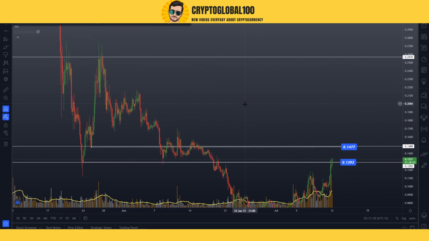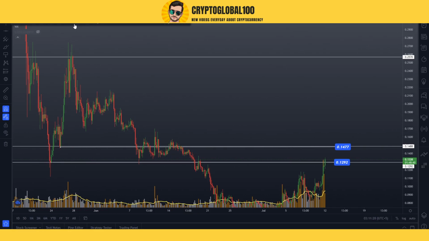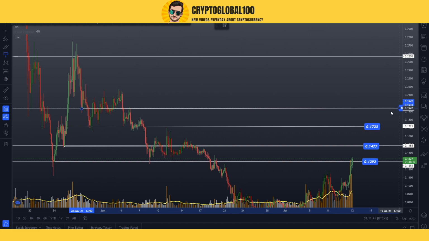If I continue, we have this swing low, then moving on, we have this as a swing low. This could also be taken as a swing low, because we got multiple areas of rejection here as well. So that would be our next target after that. So these are the zones. Okay guys, just bear with me. You have to mark out the zones, then you can set the targets. So these are the target areas for the TLM coin.